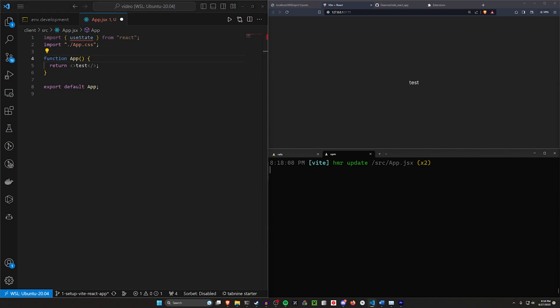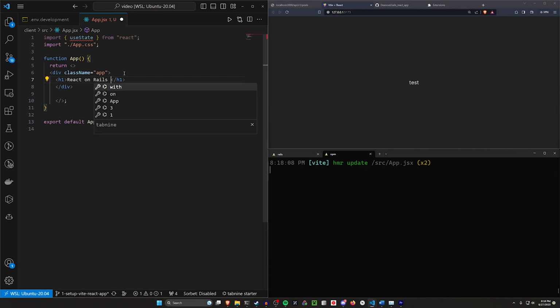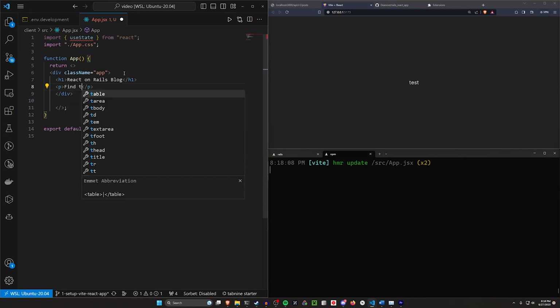Now for how we're going to be doing this, there's a couple things we have to do actually. The first one is we probably want to create our router or maybe our nav bar. I think a good place to start though is to just create this post index page. And then we can worry about how we want to structure the rest of the React app. So to do this, I'm just going to say this has an H1, the React on Rails blog. And then we can do a p tag below that just says find this